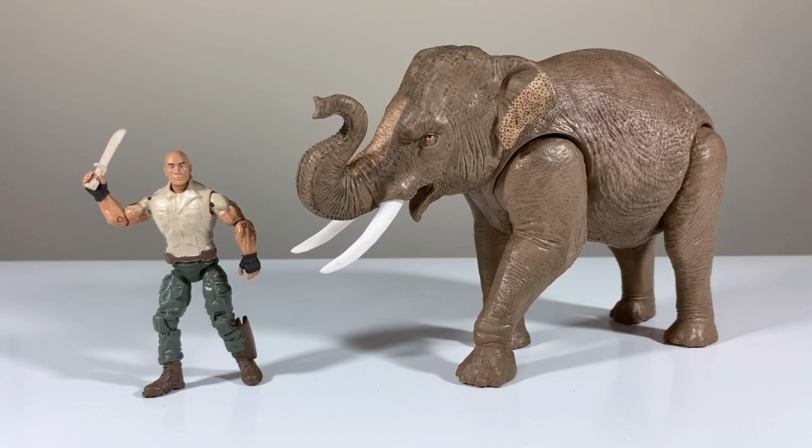All right, ladies and gentlemen, so there you have it. This is the Lanard Jumanji Colossal Elephant with Dwayne Johnson / The Rock action figure. Overall, you guys, this is an awesome set. I am super pleased with how this turned out. Now, like I said,